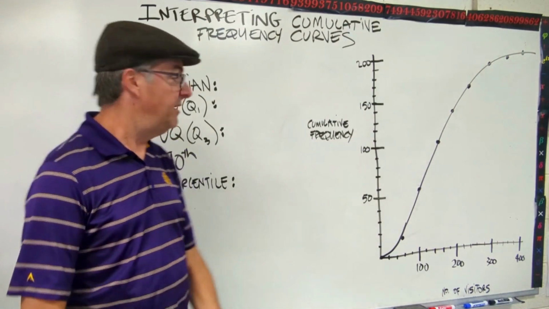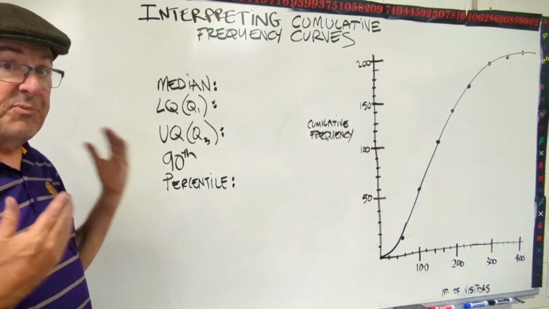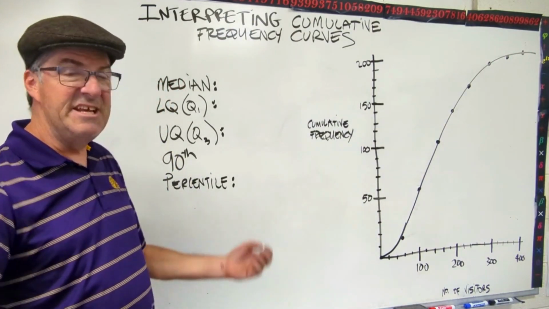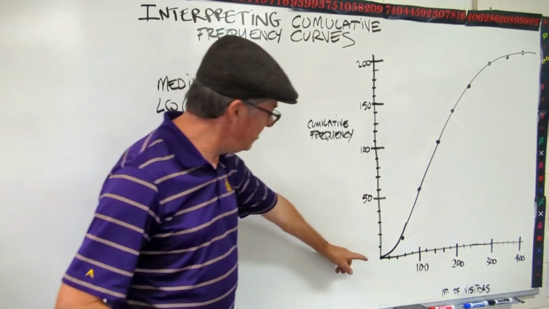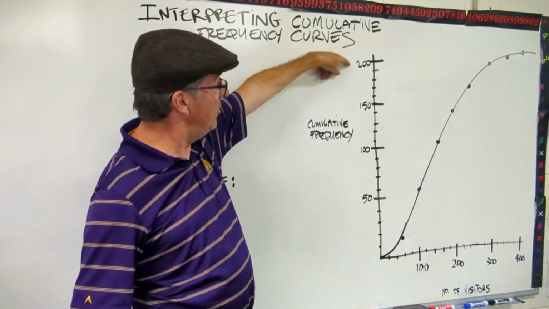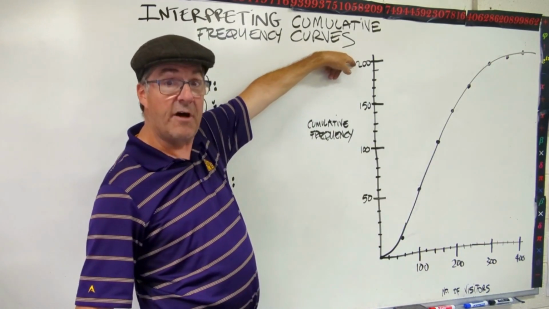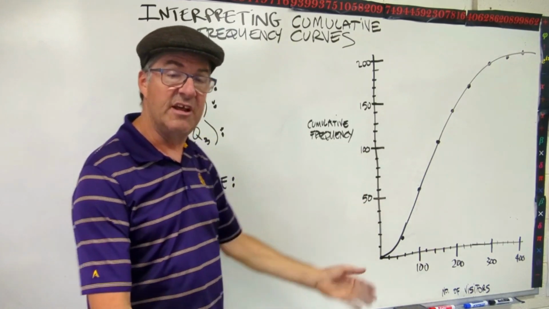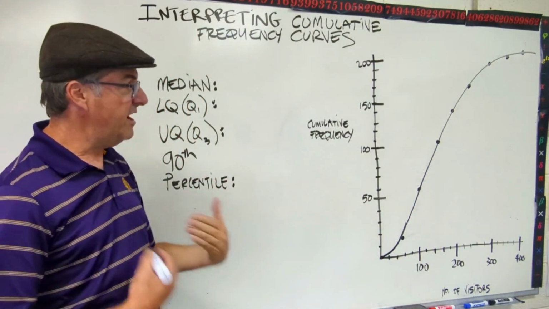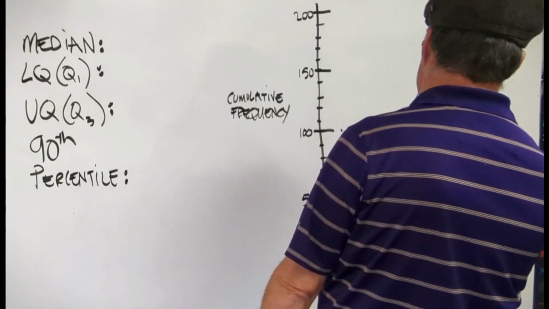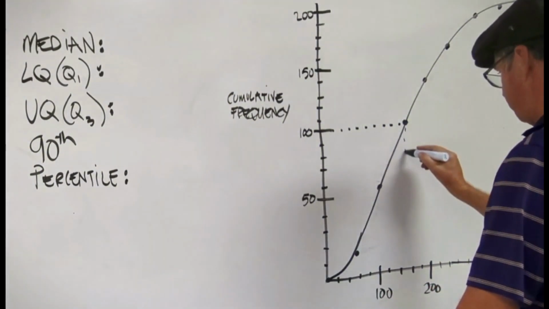Okay, so first one, median. That's pretty easy to get from our curve because the median is the middle value, right? So that's halfway through. We have 200 values total because that's our cumulative total of frequencies. So the median is the middle, so that's going to be at 100. So we can read that right off the graph. We can just go shooting right over, and then down, down, down,